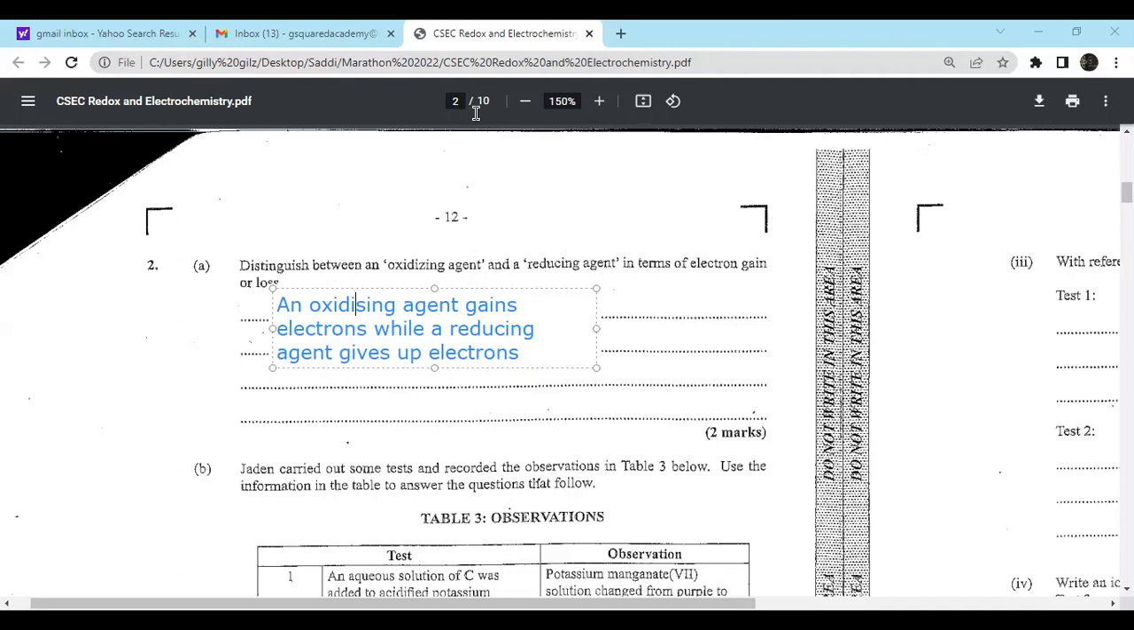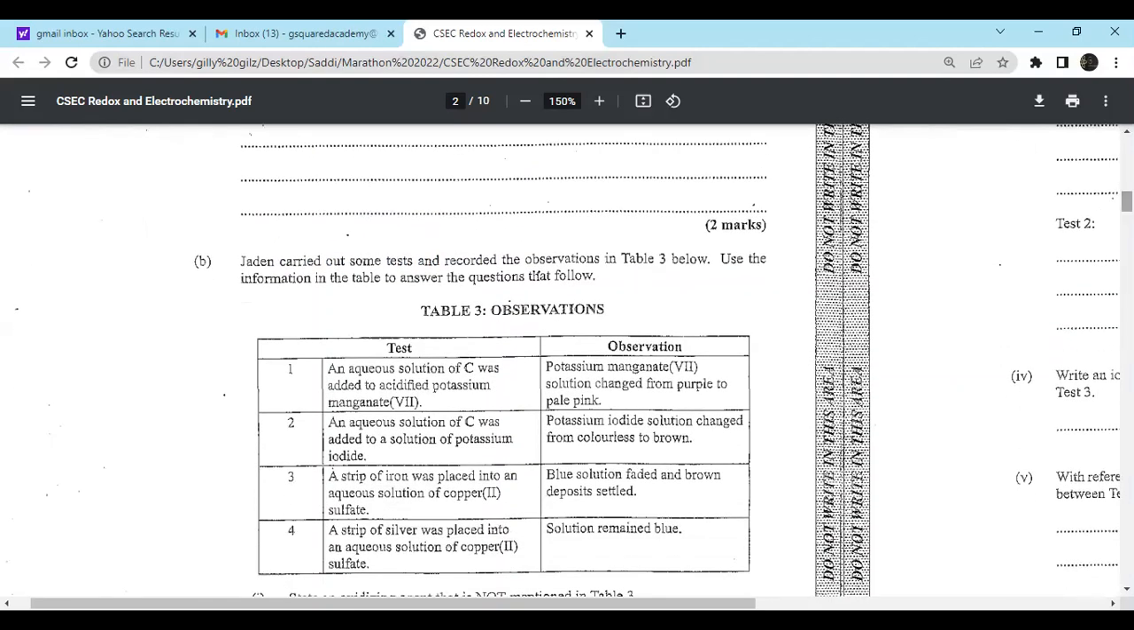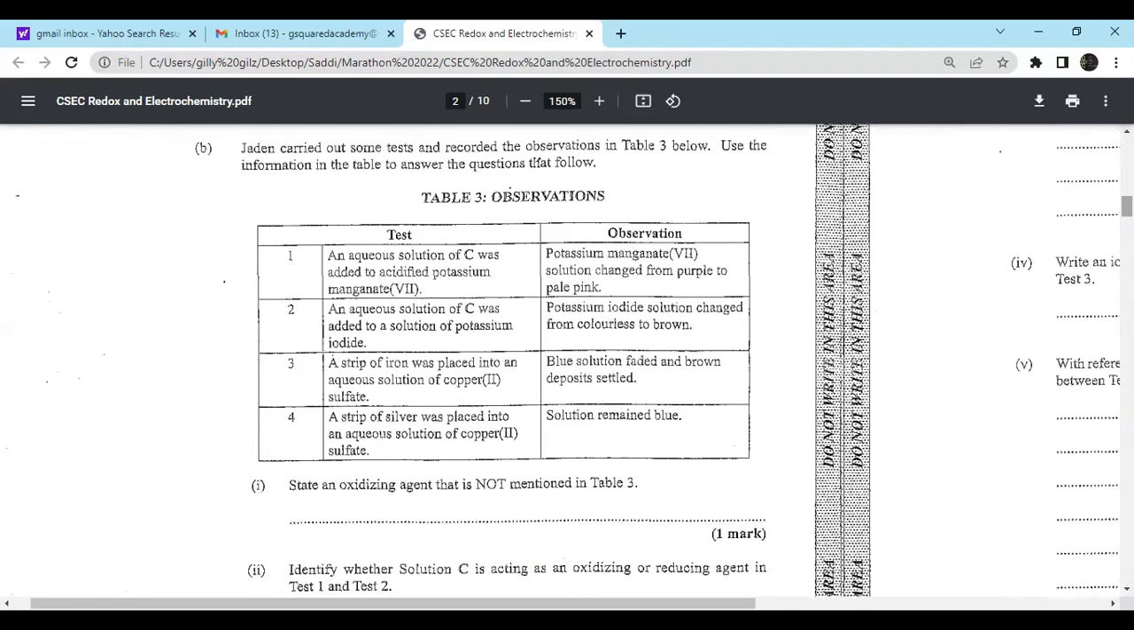So the next bit. It says Jaden carried out some tests and recorded observations in the table below. Use the information in the table to answer the questions that follow. All right, so you have your test. An aqueous solution of C was added to acidified potassium manganate 7. Potassium manganate 7, or what you call potassium permanganate, is one of the most powerful oxidizing agents. Okay, and it will change from purple to colorless or purple to pink if it is reduced,